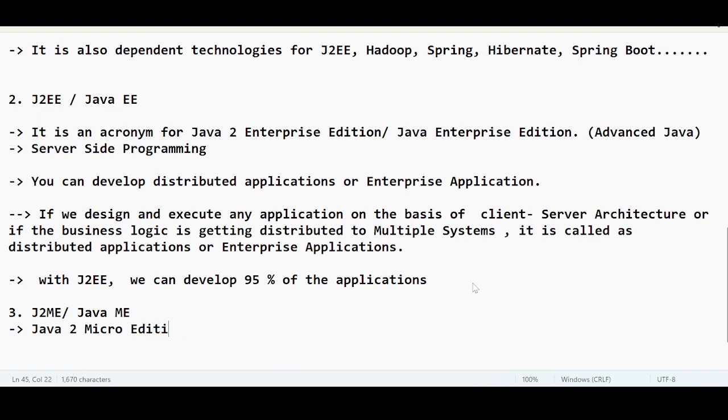What do you mean by micro? Your mobile. You want to develop any Java applications in your mobile. So let us say that you have the Axis Bank app in your mobile. You're able to open the Axis Bank app in your mobile, right? But the programming style is going to be a little different. But again, the Java language will be used to open your Axis Bank application, yes or no? To develop applications at the mobile level, they introduced a concept called Java 2 Micro Edition, or what is it called? Java Micro Edition.